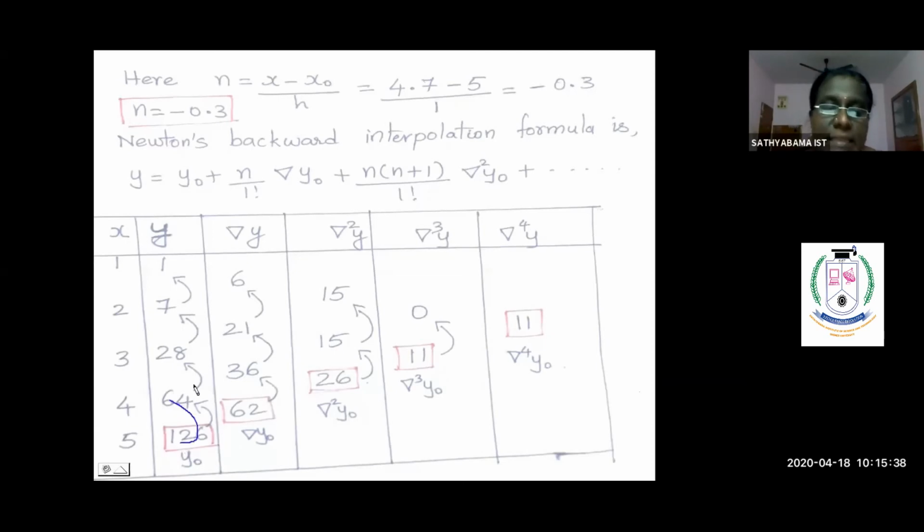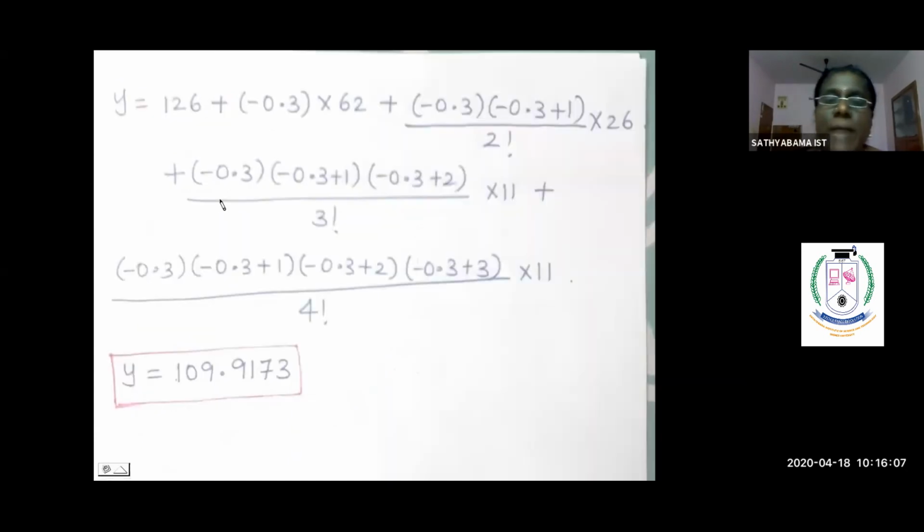Succeeding minus preceding. That is, second entry minus first entry is 6. 28 minus 7 is 21. It is the same calculation as you did under your forward difference table. The only thing is, the values we need for calculating the formula are at the end of the data set. You see, this data only we are going to use for applying in this formula. So we are going for the backward difference formula, entering all entries.